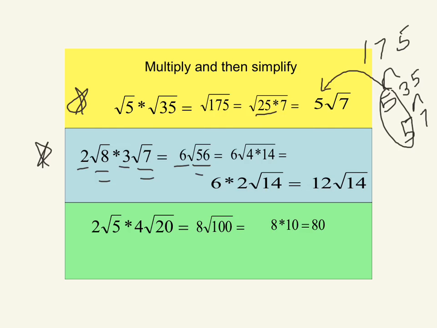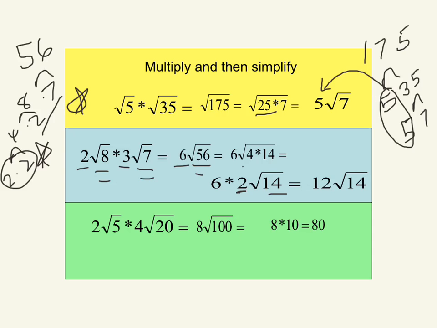So again, if we use the factor tree, we have 8 times 7, 4 times 2, 2 times 2. So we have a pair of 2's, which is why we have a 2 on the outside. And then 2 times 7 doesn't pair up, so it stays 14 underneath the radical. And we multiply the two outside numbers together, and we have 12 times the square root of 14. And again, sometimes students will say 12 radical 14, which is acceptable, but typically we would like to use the